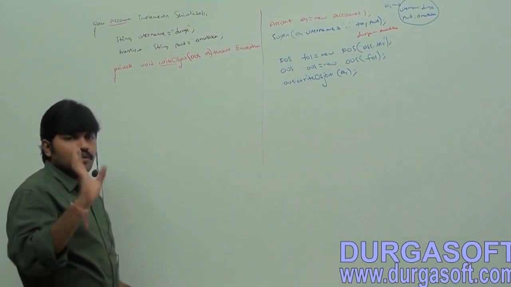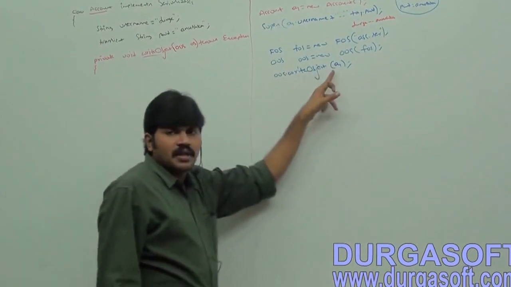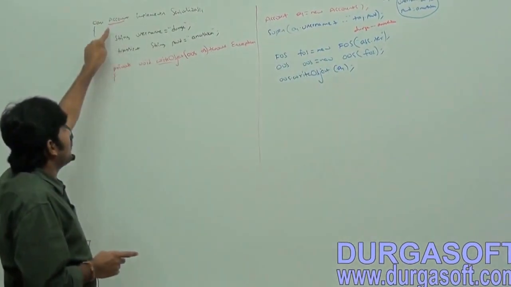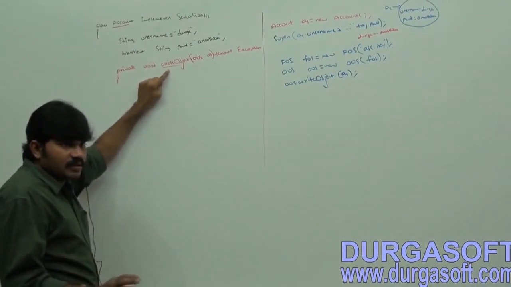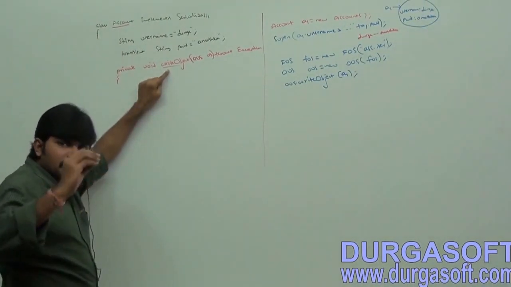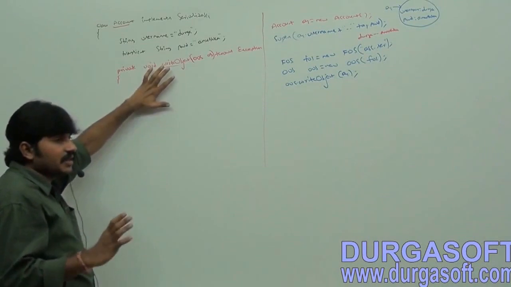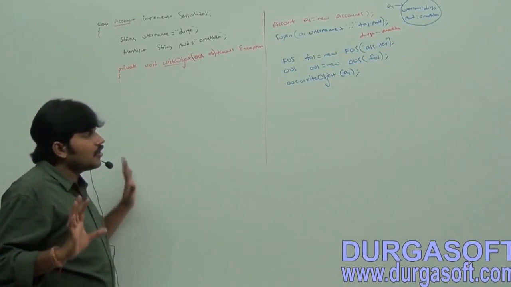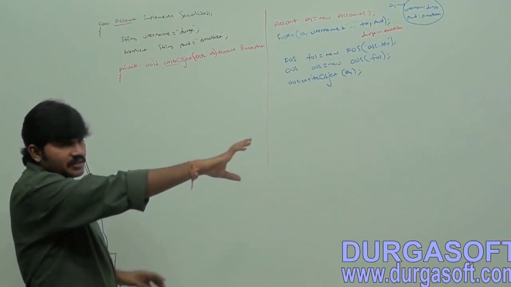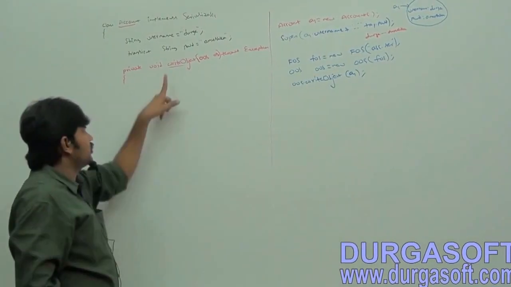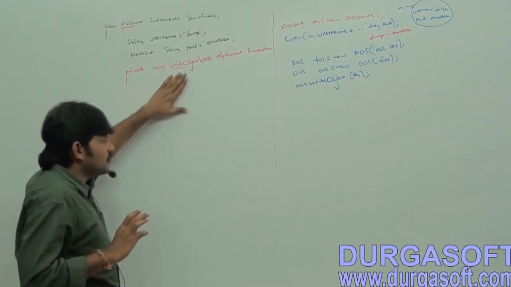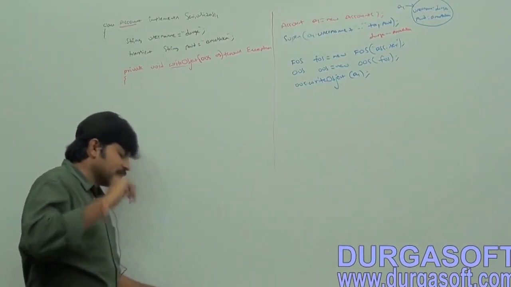Are you getting that? Let me repeat. At the time of serialization of the account object, JVM will check whether the writeObject method is there in the Account class. If it is there, JVM simply executes this method. JVM didn't do anything, just checked. Oh, writeObject is there, that's all. Now control is coming to this method. Now I have to convey something.